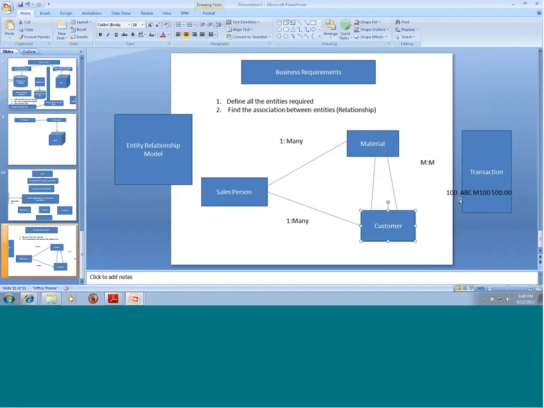Once they start interacting among themselves, another entity is created, which is called a transaction, and that transaction only happens if the entities interact with each other. Now the second step: we have identified the association between the entities. The next step is, now that I have established connections between all of them, I need to know more information about